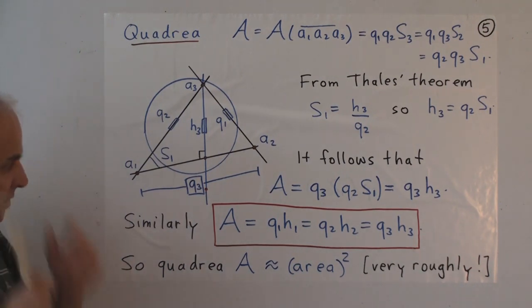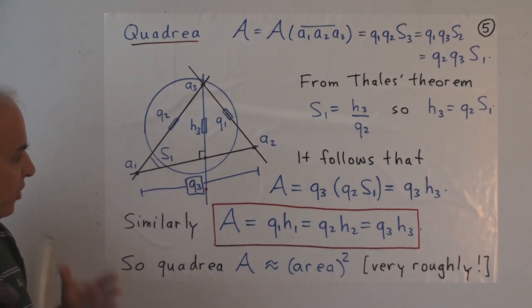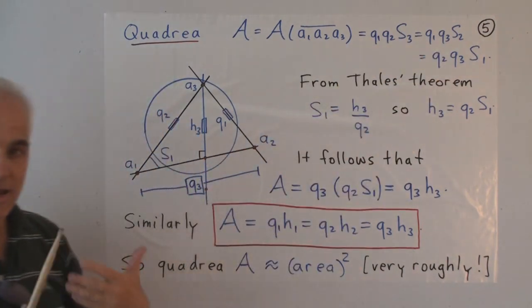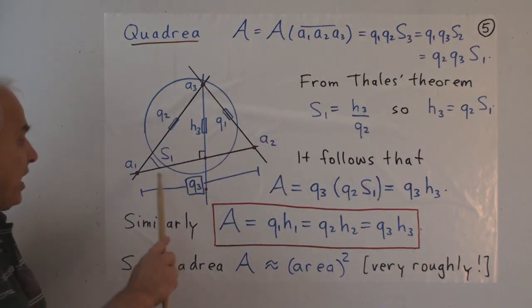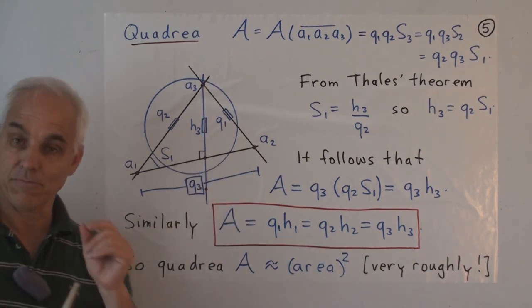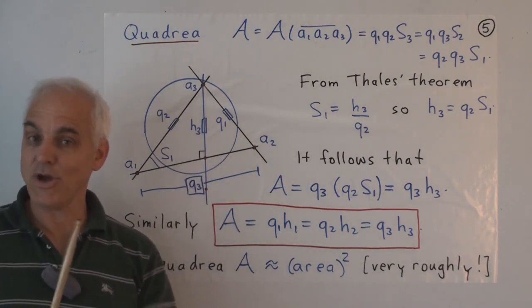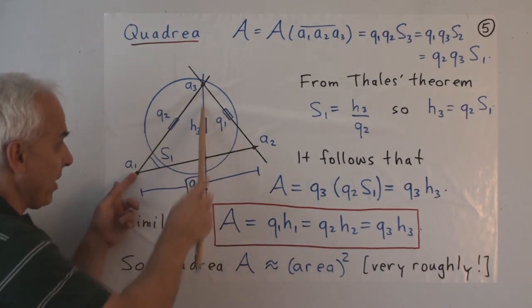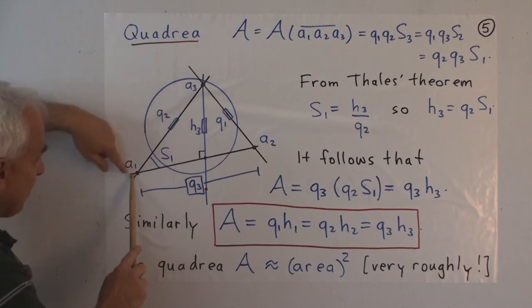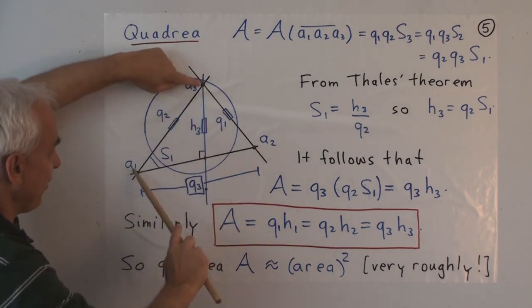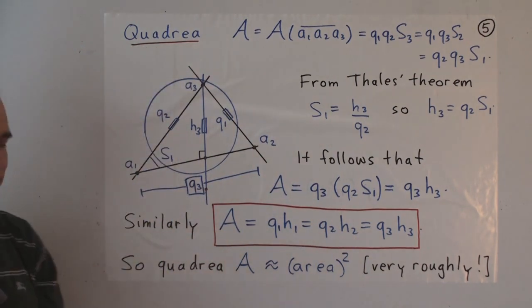But anyway, just in your mind, I want you to remember that the quadrea, which maybe seems a little bit artificial this way, has a very natural geometrical interpretation. It's just base quadrance times height quadrance. And beautifully, that doesn't depend on which side you start from. That base quadrance times that height quadrance is the same as that base quadrance times that height quadrance is the same as that base quadrance times that height quadrance.